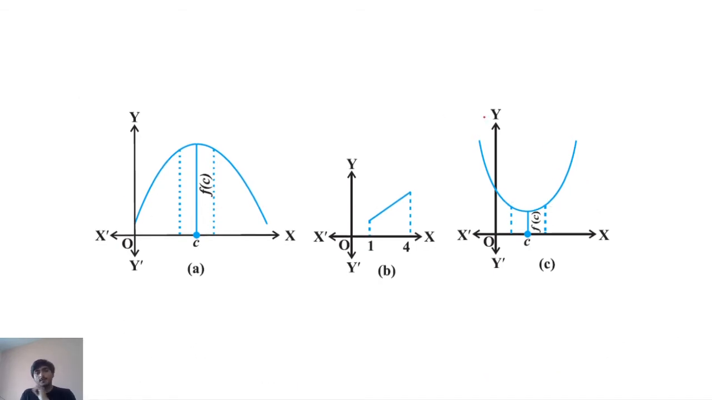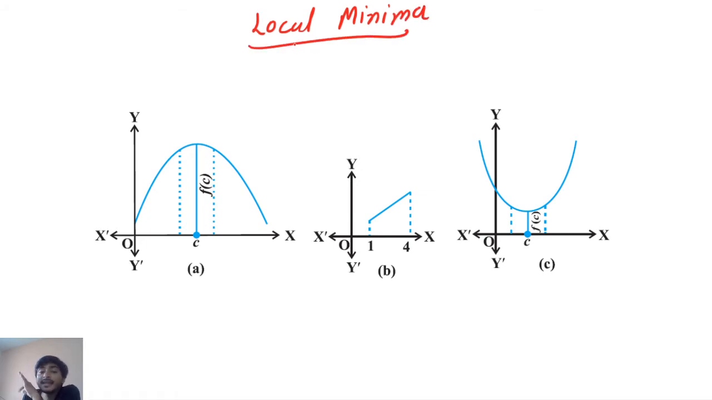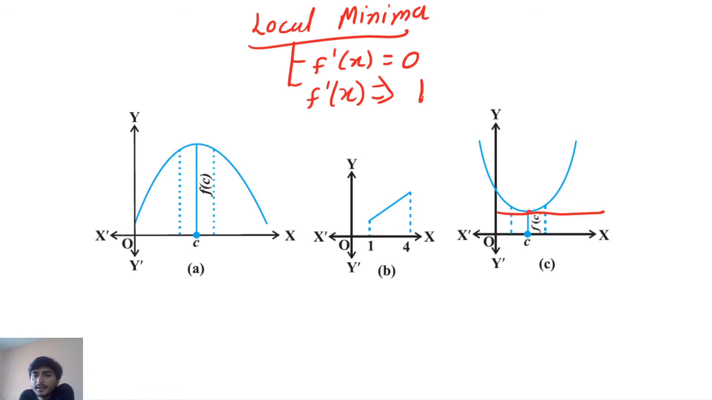Okay, now see, when we are talking about local minima, again the same two conditions are there, but one condition will be the same and the second condition will be changed. So the first condition is again f dash of x at that point should be equal to 0. So let's consider this point here. What happens? F dash of x is 0, right? And then f dash of x should be increasing,